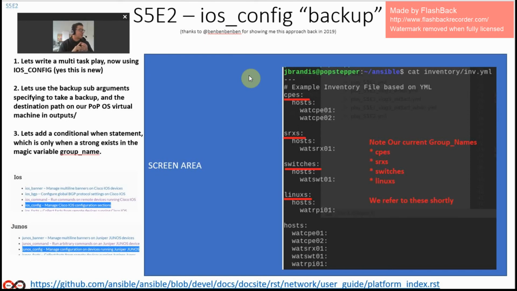Yep, it's new. We're going to use the backup sub-argument of the iosconfig module, and we're going to pull configs and put them in a specific directory named outputs, funnily enough. We're going to add a conditional statement which will only